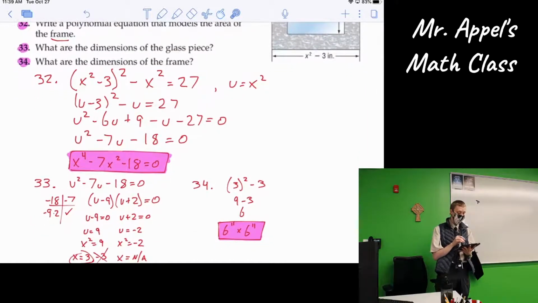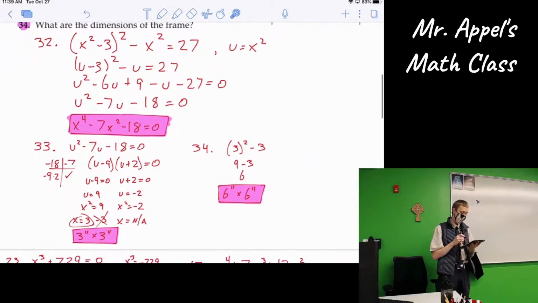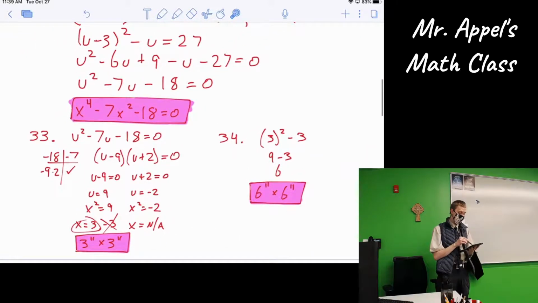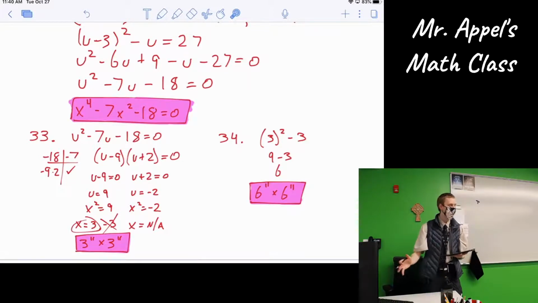All right, and then we need the dimensions of the glass and the frame. So basically solve for x and then plug it back into each piece. So here I used my U sub form again, factored that guy, found those numbers that worked, -9 and +2, ZPP. So for U, get 9 and -2, sub back in the x squared. Oh, x is the square root of 9 and -2,